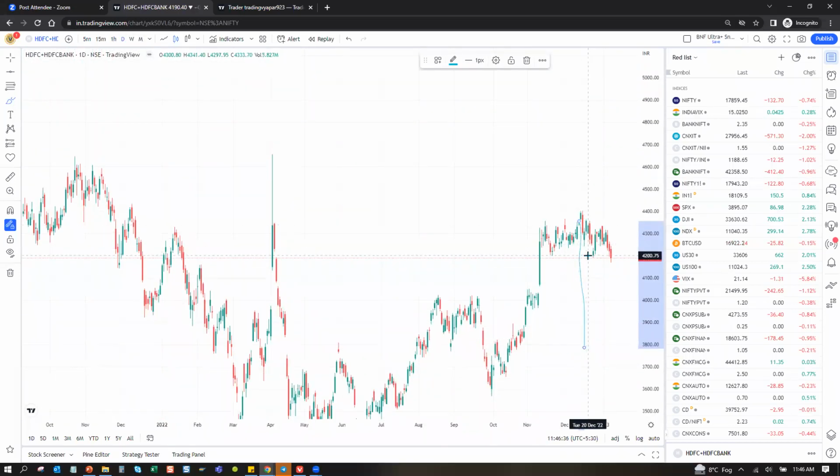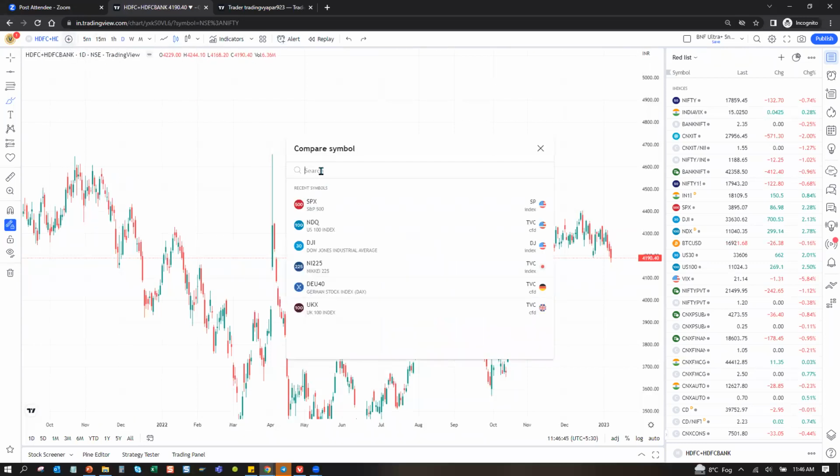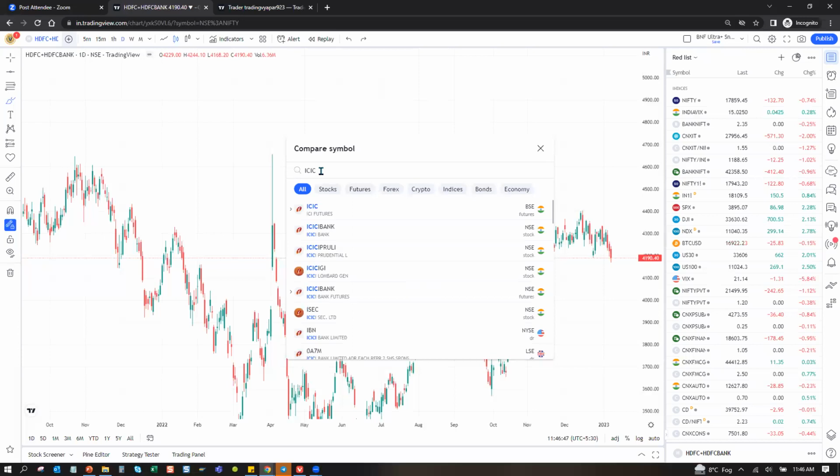And compare now. If you want to do a comparison as well, you can do that. There is this compare button. So you want to compare this with ICICI plus Axis Bank. Do we have to use the spot price or the futures price?